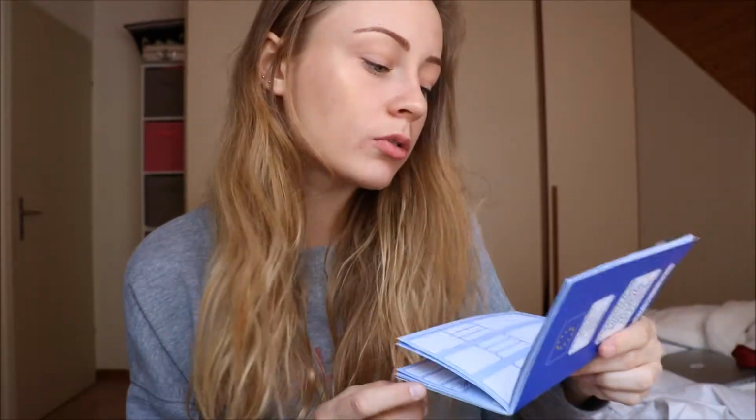You need all the vaccines, and one of them is the rabies vaccine. It's the one you need to travel everywhere, the most important one. Oh, it's called rabies in English, and in French it's called rage. I know that in French. And you need to do that a month before you travel. So basically, you need to go a month before, and then you need to go about 5 to 10 days before for a checkup,